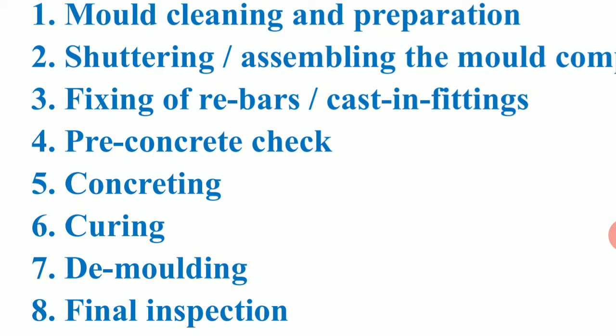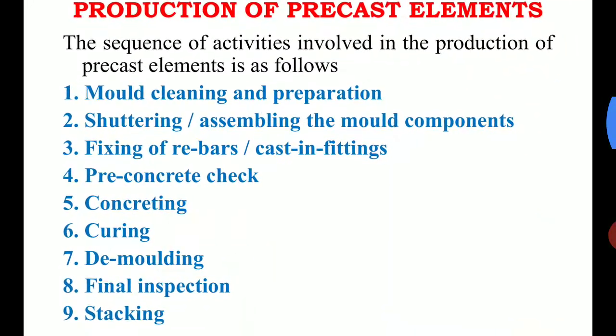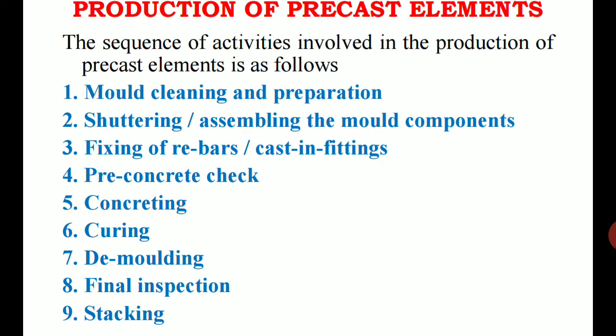So in the production setup, you can manufacture different types of structural elements. Take one example now. For example, the construction of a column, right? If you are constructing or manufacturing a particular precast column, first you need to check the design part, right? How much length of the column is there, how much width, right? You will consider all those dimensions, and then you are going to prepare that much dimension of the molds, right?